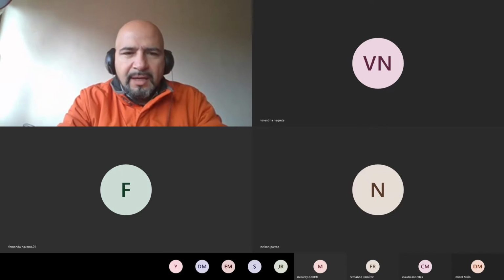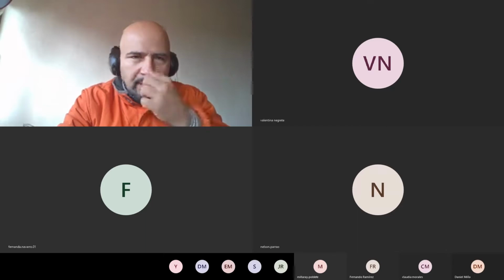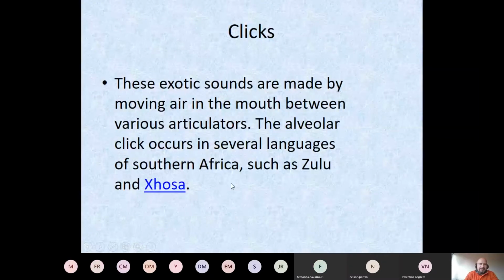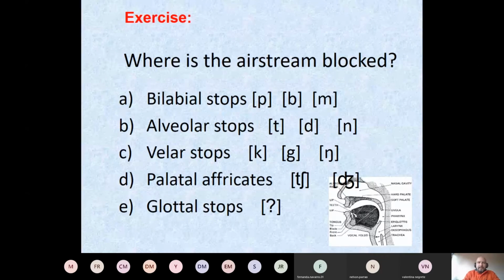Okay, it's called click, which is a sort of an African language. This is another sound that we humans can produce. Click. Okay, and it's exotic because it's not present in many of the Western languages like Spanish, English, German, Italian, French,